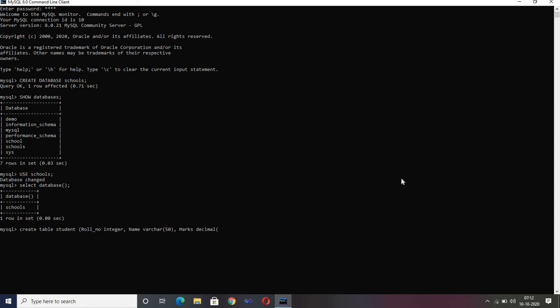Now in decimal, what we need is, maximum can be 100, right? So 100 is a 3-digit number, and comma 2, or if you want you can just simply write 1 also. So it can depend on your data type entries, and then close this bracket and again close this. So the second parenthesis we have closed for this one, and semicolon, enter.